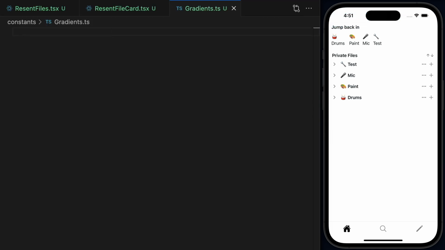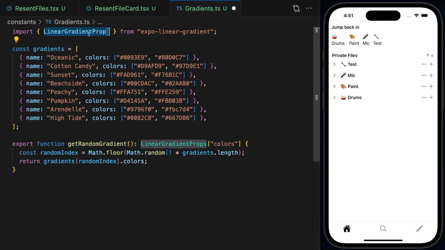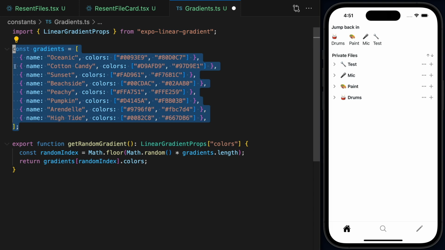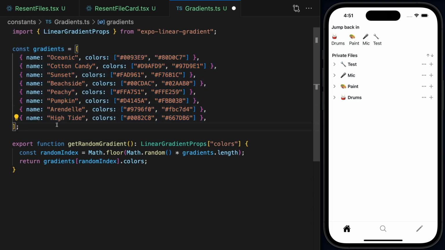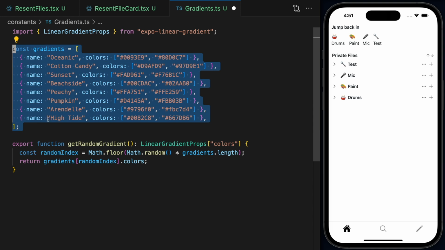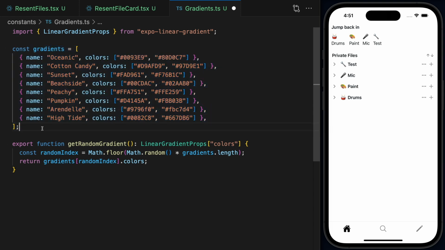Okay, and I'll just copy paste linear gradient props from Expo linear gradient, and then I'm just defining these gradients that we created in a previous application. And if you are curious, just look for my video on linear gradient with Expo linear gradient, and you should be able to find this information. Or if you just want to come to the code and grab this array, you are welcome to do so